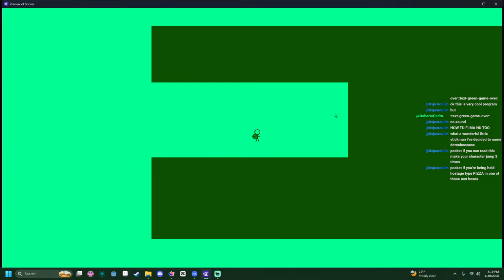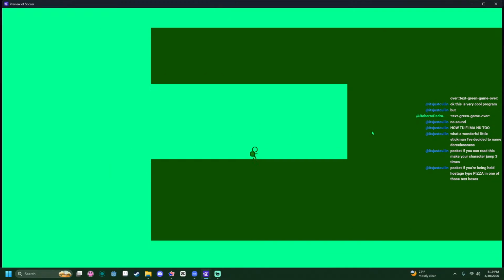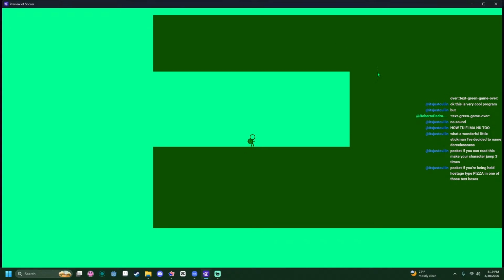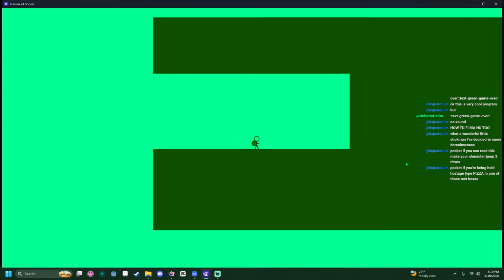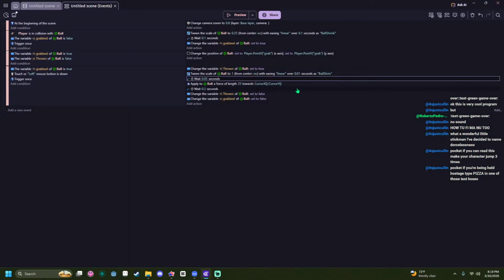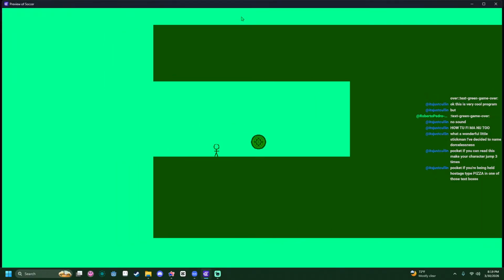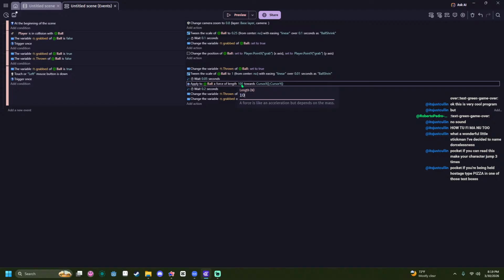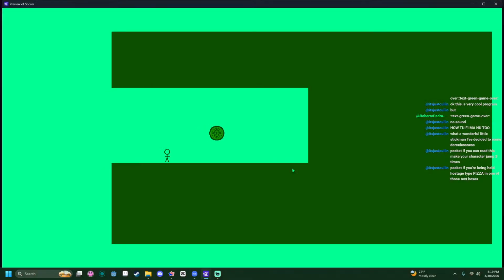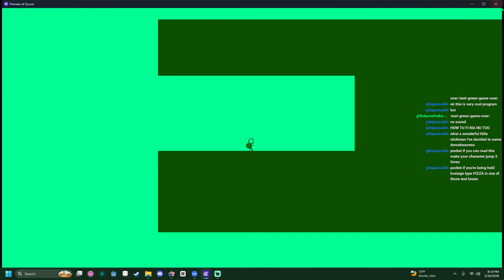I don't know if that's gonna fix anything, but now it just goes straight down. Yeah, it never applies the force. Why? Or is it applying it properly now? It may have been stacking before. Yeah, I think it was. So now we need a higher number. Maybe not that high.